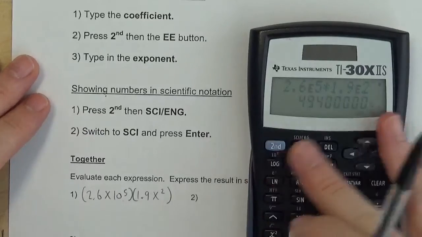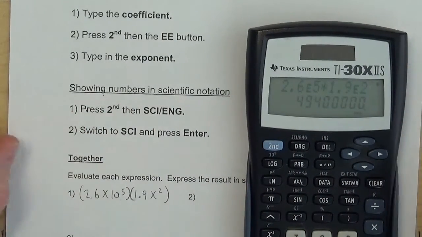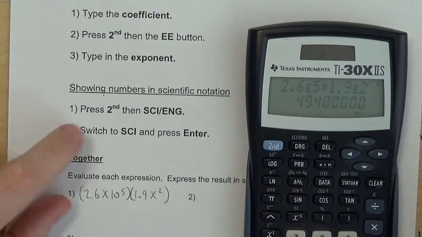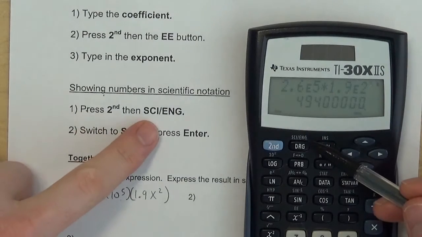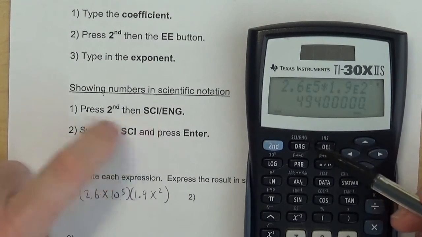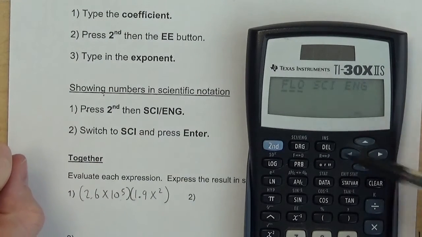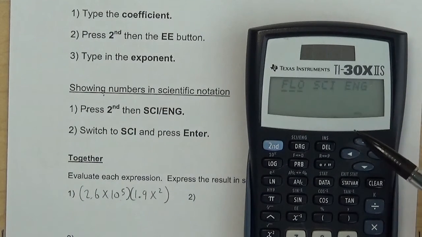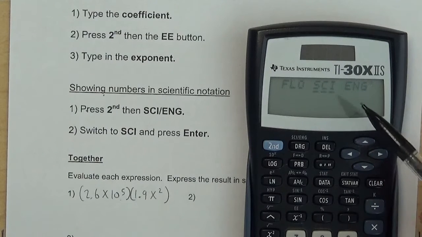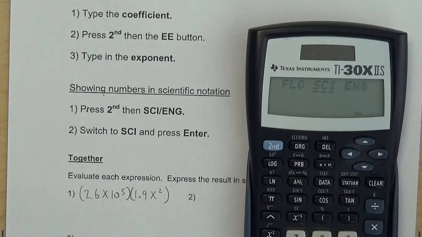So now we're going to take a look at the second part of this, which says showing numbers in scientific notation. To do that, you're going to press the second button, and then you're going to want this sci-ENG option that's above DRG. So hit that button right there. It's going to take you to this menu. Float stands for floating decimal, which means the decimal will go wherever it needs to go to show the number in standard form. Move over to Sci here, that's what we're looking for, scientific notation. ENG has to do something with engineering, and I'm not really using that option much, so I don't know a lot about it. But you want Sci, so hit enter,